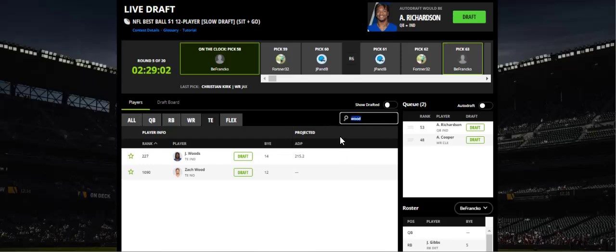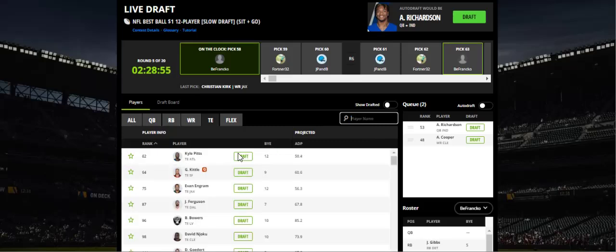But I'm thinking about how do I plan now so that I can take him later. And I think the only way you can take him later is if you plan on doing a three tight end build. And how do you do that? You pass on the tight ends early, you wait for one to fall to you really cheap, or like, value, or you just take three bad ones towards the end and hope for the best. And Woods is a high upside one potentially. Maybe, maybe not. How much of Richardson should we throw into the tight end?